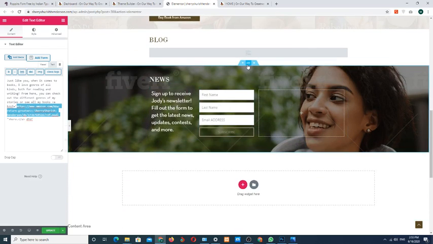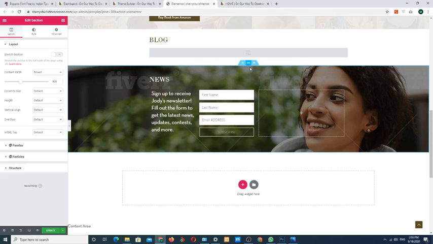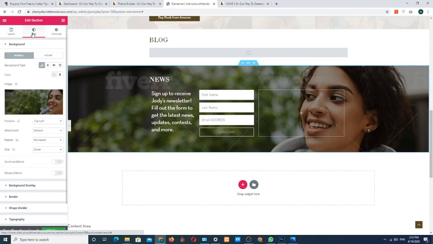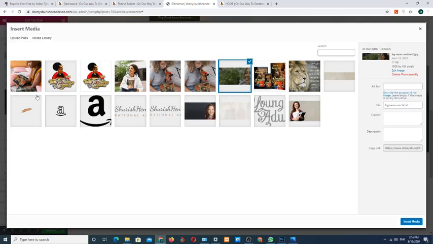and if you want to change this image, this image is the background image. Okay, simply click on this row and click on the style tab and click on this image and simply change the image. Okay,